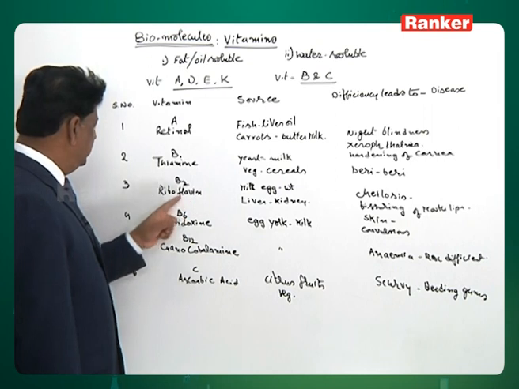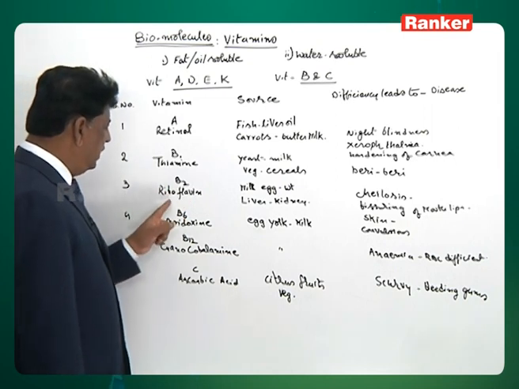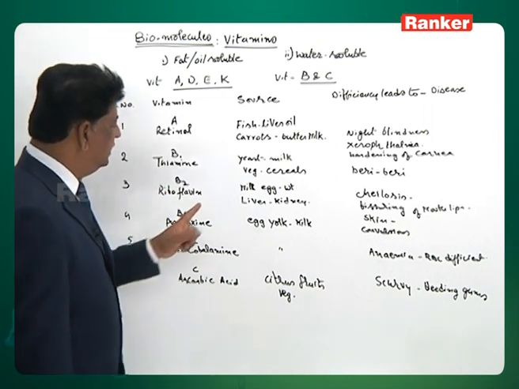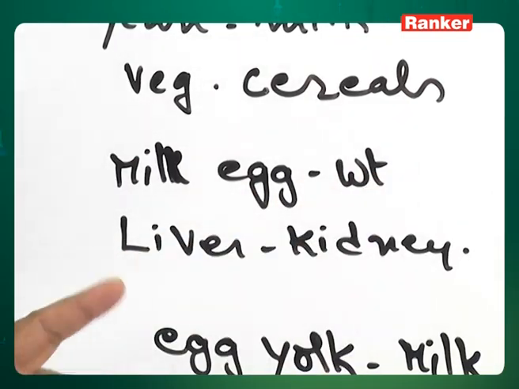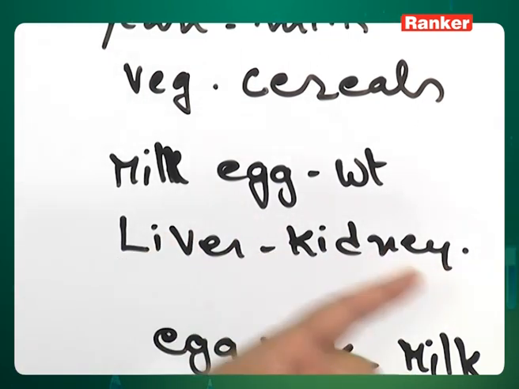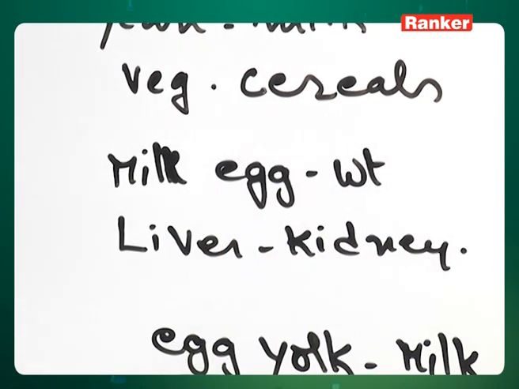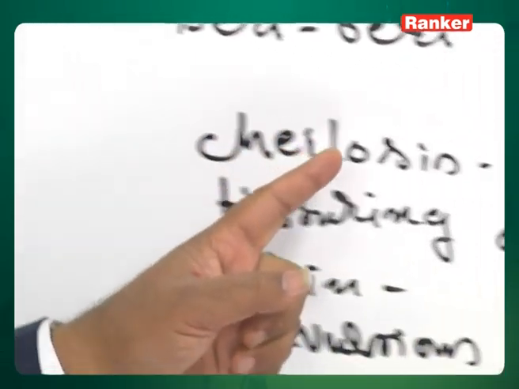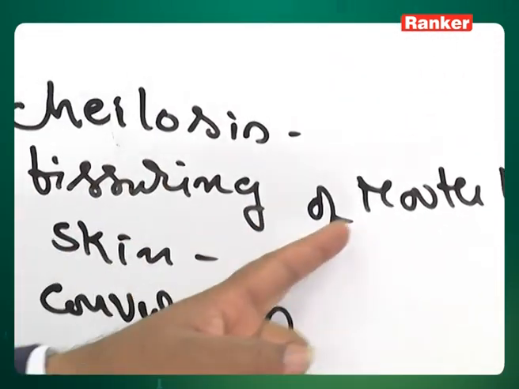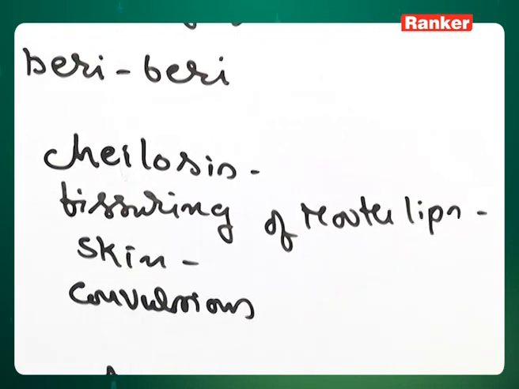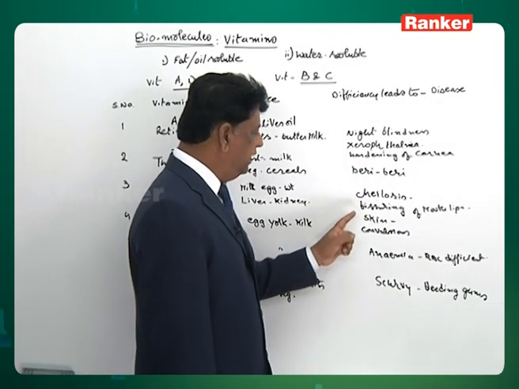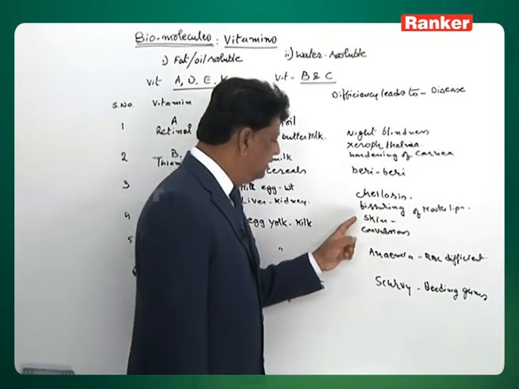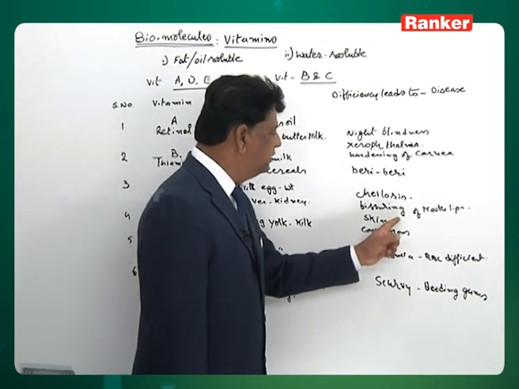Vitamin B2 is the third one. It is known as riboflavin. It is also available in milk, egg and egg white, specifically liver and kidney, that is non-veg products, which will contain B2, and its deficiency leads to cheilosis, fissuring of the lips at the edges of the mouth. We get this breakage and oozing of blood, and skin problems,